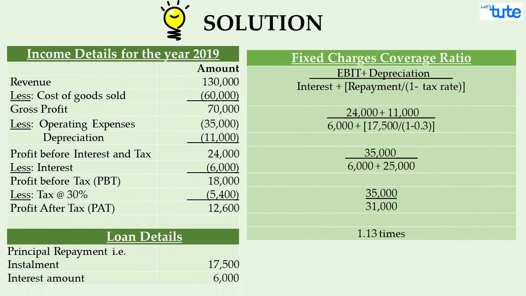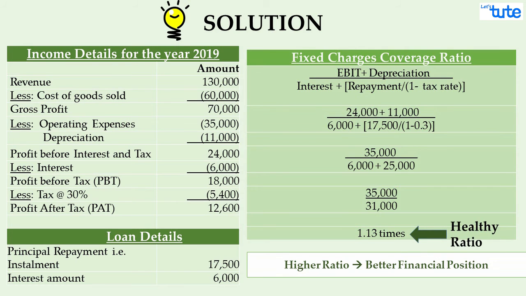Now, when we substitute these figures in our formula, the fixed charges coverage ratio comes to 1.13 times. We hope you all also got the same answer, yes? Friends, this depicts that the cash earnings before interest and tax can cover 1.13 times the fixed liabilities towards the debt of the company, which is considered safe for the lenders of the company. Hence, higher the ratio, the better is its financial position and the easier it is for potential lenders to extend their financing. This ratio more than 1 is considered safe.